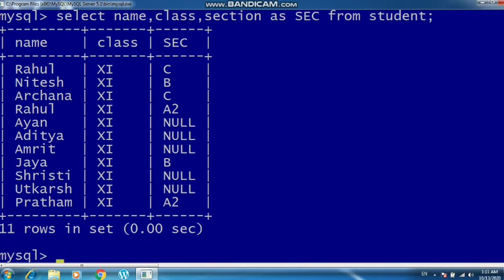So this is changed now. Now students, one more thing I want to tell you is that during runtime I can also add an additional attribute, or you can say an additional column, to the table. Now let me run this command for you. You can see that there are 4 columns here.